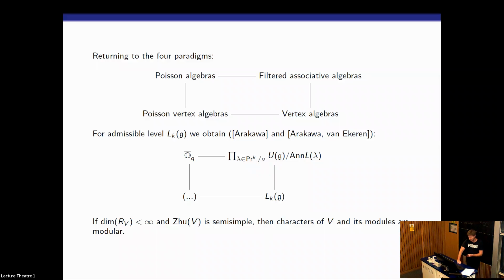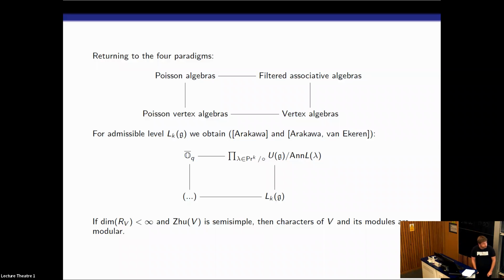So you quotient by that action, so we're talking about equivalence classes here. And then for each such equivalence class, take the quotient of U of g by the primitive ideal, the annihilator of L of the corresponding lambda. And the product of these is the Zhu algebra. Okay. So the key ingredient in the proof of this is a previous result of Arakawa, which is that the